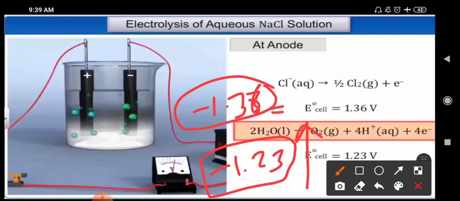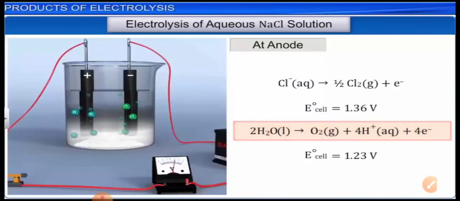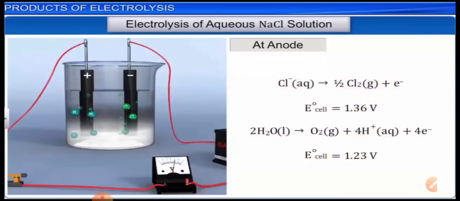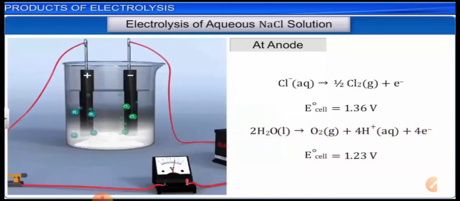Okay, fine. So here is a small printing error. You may understand it; it is actually minus 1.36, and we will practically observe that there is a possibility of the evolution of oxygen gas, but it is not taking place due to the overvoltage. There is a concept known as overvoltage, because that is a kinetically very slow process. Both reactions compete in nature, and the chlorine is kinetically fast, so we will observe the production of chlorine gas and not oxygen gas.